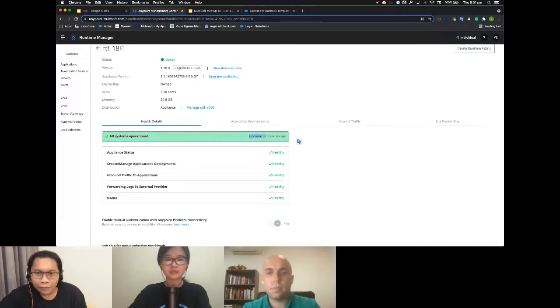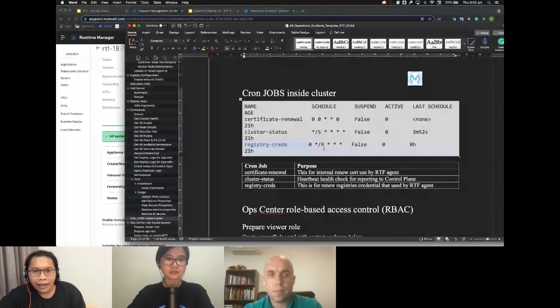Another very important one is the registry credential. This will always be reset every 8 hours or 9 hours. When your application is running, it tries to download all available images, or the Mule runtime image managed by MuleSoft. That image or template is available in our private repository, which is secured by a certain credential. And the credential will always be refreshed every 8 hours.